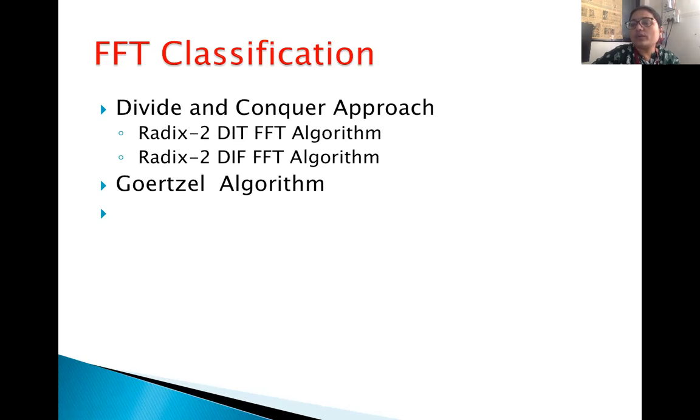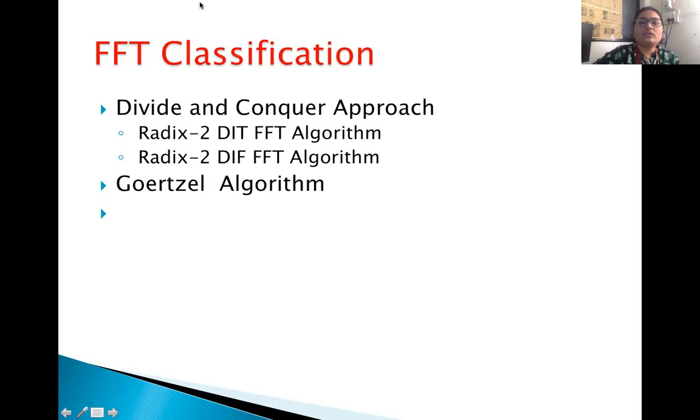So why are we doing this? Because in the earlier slide we have seen that the complex multiplications and complex additions are more, and the computational complexity is going to increase. Increasing the computational complexity will take much time to compute the DFT values and IDFT values. The solution for this is to implement an FFT algorithm.